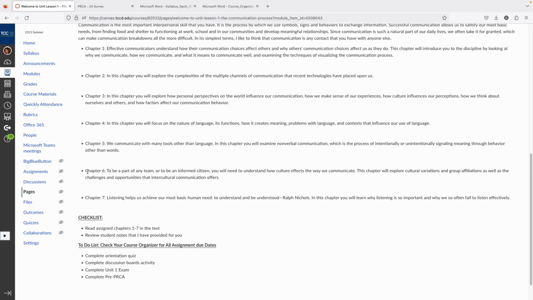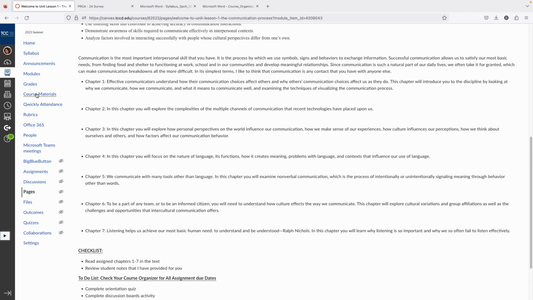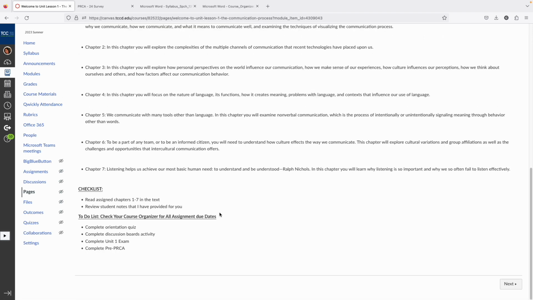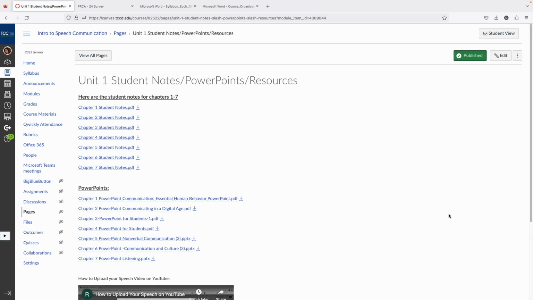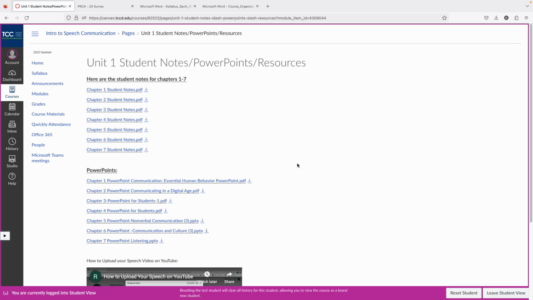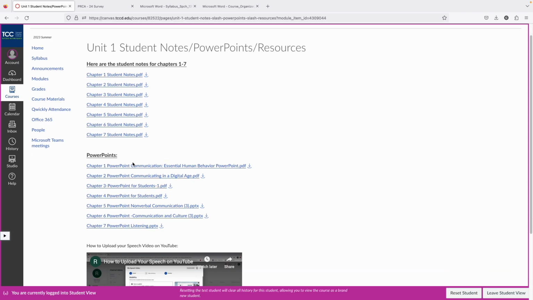And remember, on the navigation menu on the left-hand side, this is the link to the ebook, which is the course material, and it will take you to the ebook. So let's go ahead and click on next. So what I'm going to do is I'm going to change the view to student view. The only difference you'll see is the color changes right here, and then there's fewer links. So here you have student notes for unit 1, which is chapters 1 through 7, and then the PowerPoints for